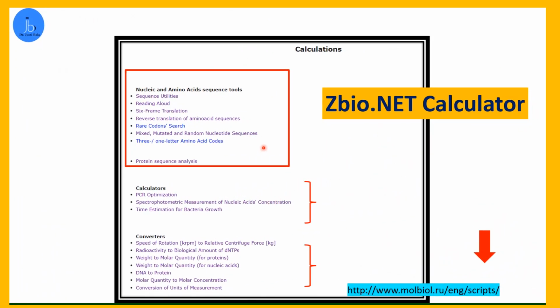If you haven't used this tool earlier, this is the Zbio calculator. It is an online calculator. It's very simple and it can be utilized for many purposes. If you are from a biotech, biology or chemistry background, especially from the research sector, then you might be doing a lot of experimentation where you have to convert your DNA sense strand to antisense. You have to calculate and get ideas about protein, molecular weight, its PI and all